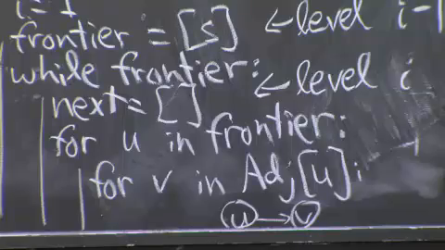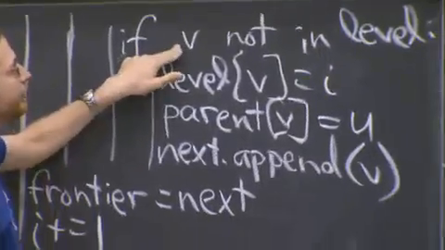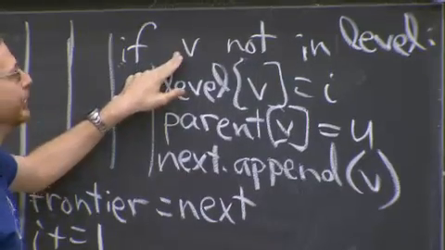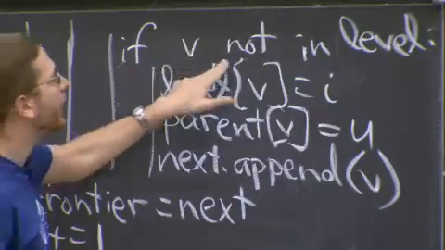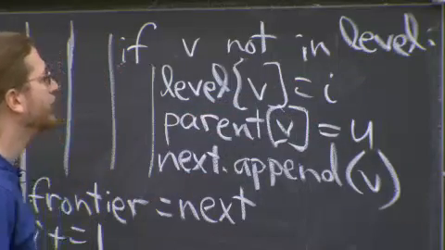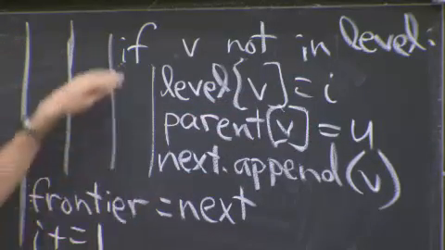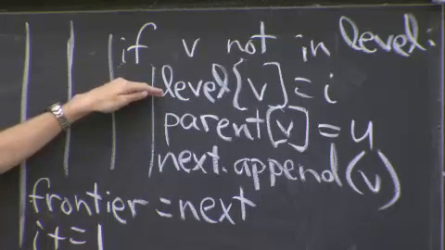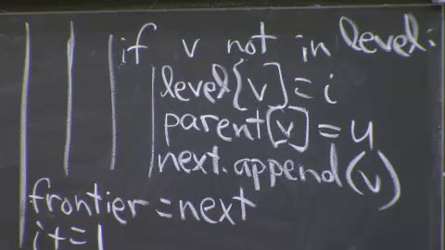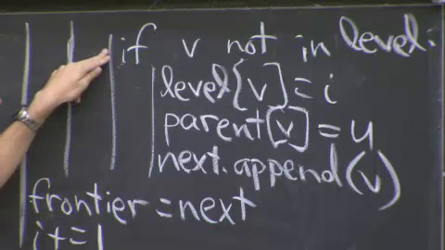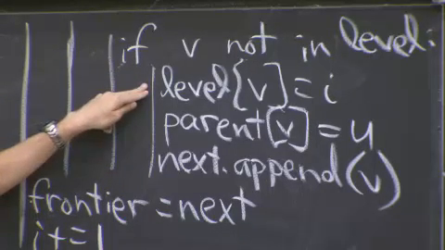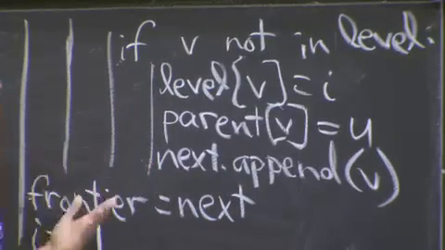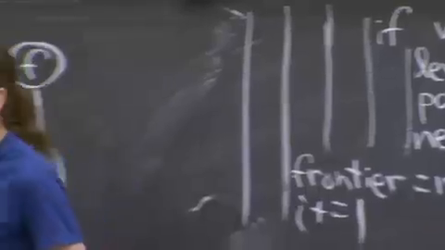And then the key thing is we check for duplicates. We see, have we seen this node before? If we have, we would have set its level to be something. If we haven't seen it, it will not be in the level hash table, the level dictionary. And so if it's not in there, we'll put it in there and add it to the next layer. So that's how you avoid duplicates. You set its level to make sure you will never visit it again. You add it to the next frontier. You iterate. You're done. Okay?